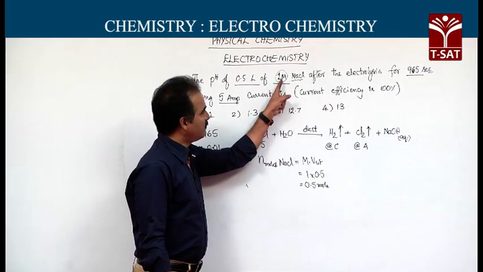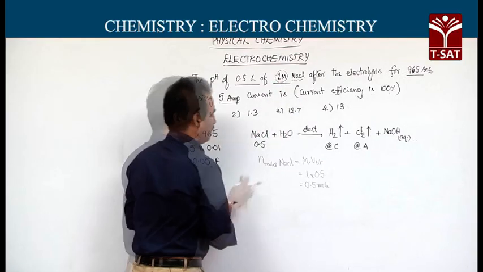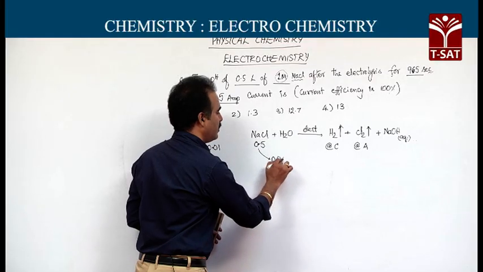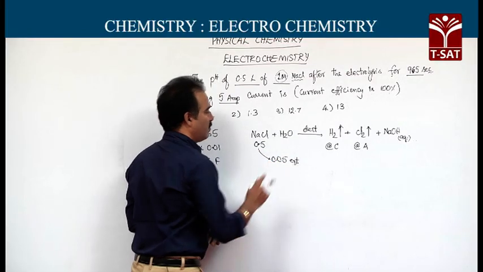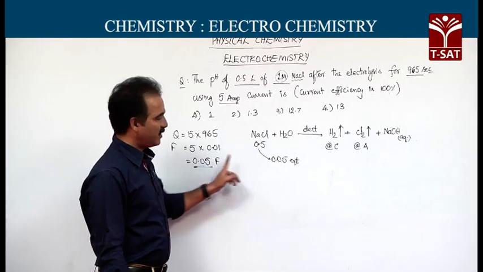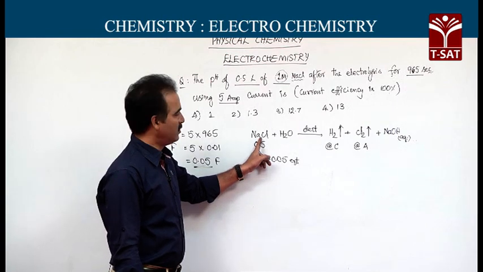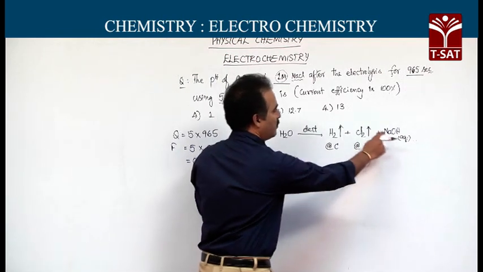So, 0.05 Faradays of charge when we pass, out of this the one which is undergoing electrolysis is 0.05 equivalents. So, because of 0.05 Faradays, 0.05 equivalents of NaCl will undergo electrolysis, and that will produce